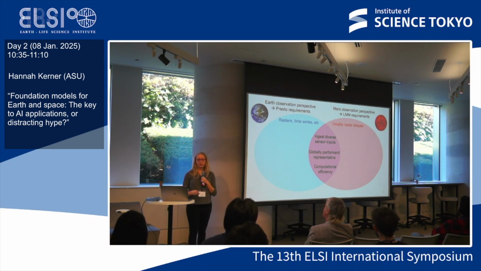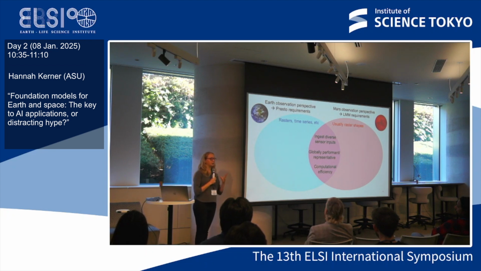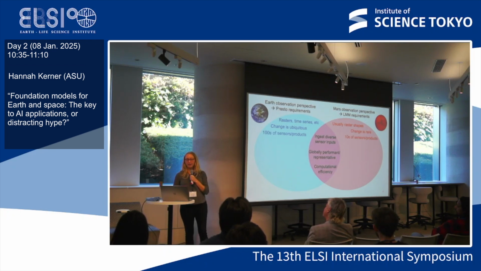So on Earth, we have all these different shapes that the model might need to ingest, like images or time series or image time series. But for Mars, most people are looking at rasters, just at images. They're not usually looking at time series. There's not a lot of dynamic change happening on Mars to need that kind of monthly time series like we had on Earth. On Earth, we have hundreds of sensors, but on Mars, we have relatively fewer, on the scale of tens that we want the model to use.